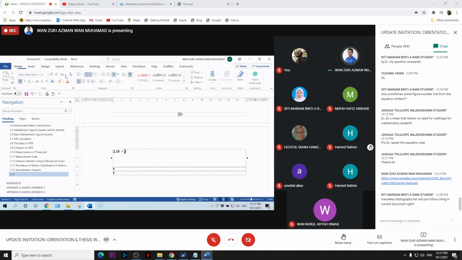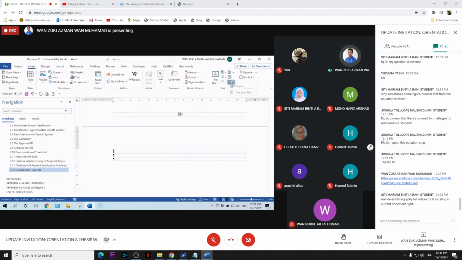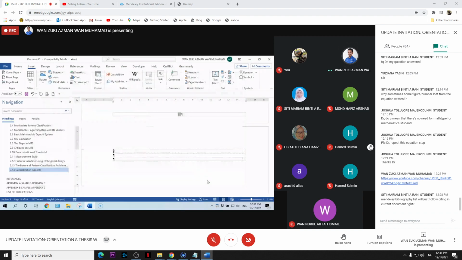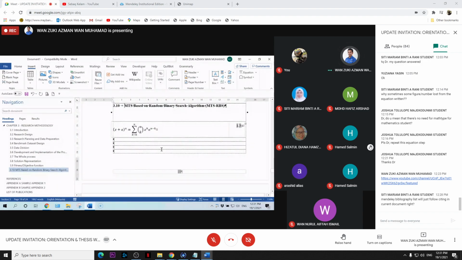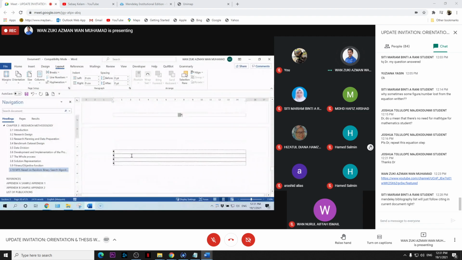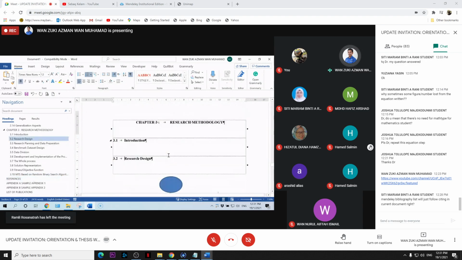We don't want this. Now we insert chapter 3, and click Insert. Now we have chapter number 3. This is the last sentence in chapter 3, so insert layout break, next page. This one we don't need, so delete. This one also, clear format. Now we have chapter 1, chapter 2, chapter 3.